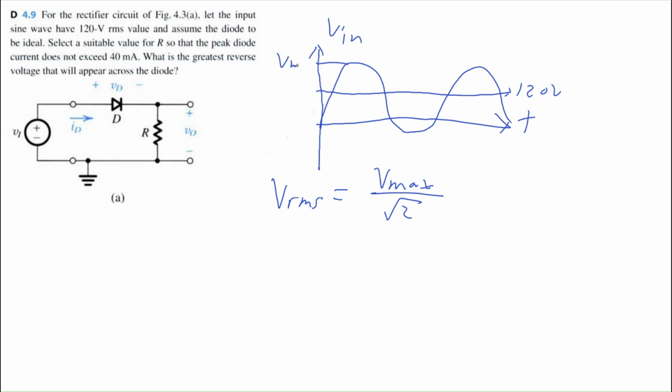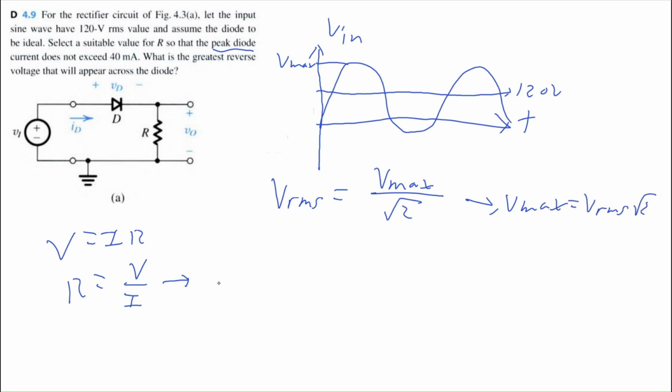So if this is Vmax, we can easily find the other value. Knowing this, we can select a suitable value for R so that the peak diode current does not exceed 40 milliamps. We know that V is equal to IR, so therefore R is equal to V over I. Since we're trying to find the value of R so that the peak diode current doesn't exceed 40 milliamps, that means we want to use this Vmax value, right? So we're going to say Vmax is equal to